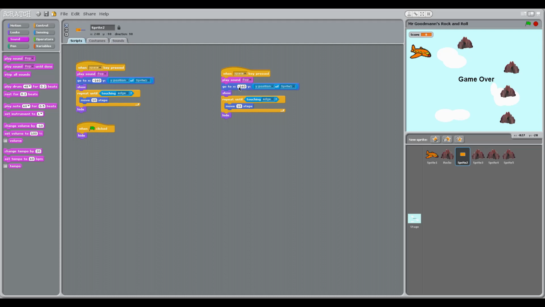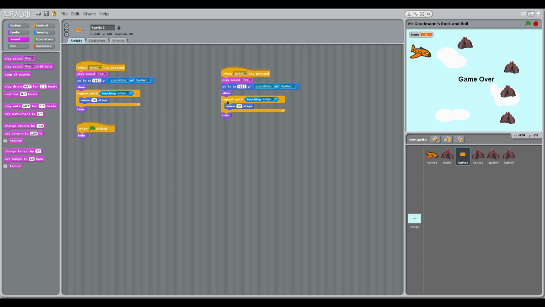If you remember, import sounds. Go to minus 160 on the x-axis, that puts it back here where the plane is. Then we want to go to the Y position of sprite 1, which is the plane. So it's exactly the same as we used in the parachute game. In the parachute game, we said start the parachute at the plane. Now this time we're starting the laser bolt or the orange bolt at the plane. So once we've gone to the plane, we're going to say show,